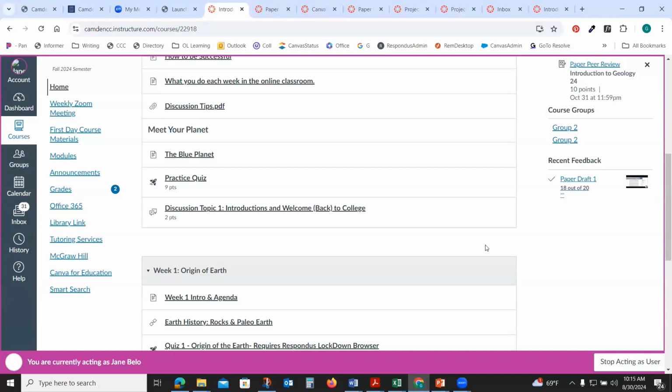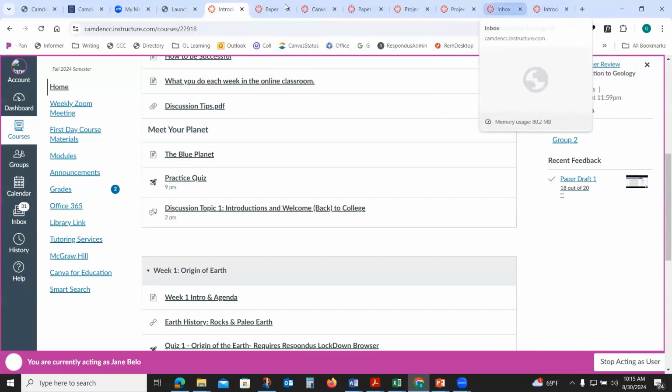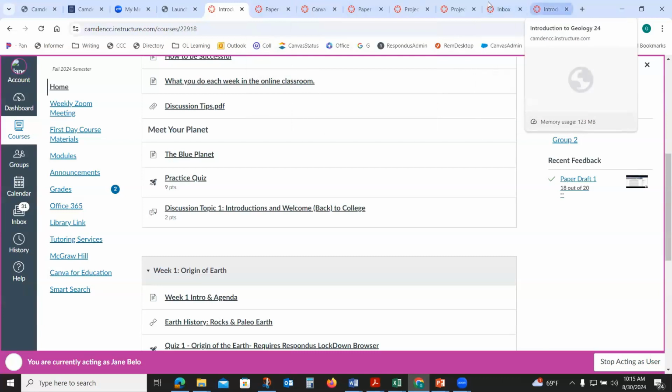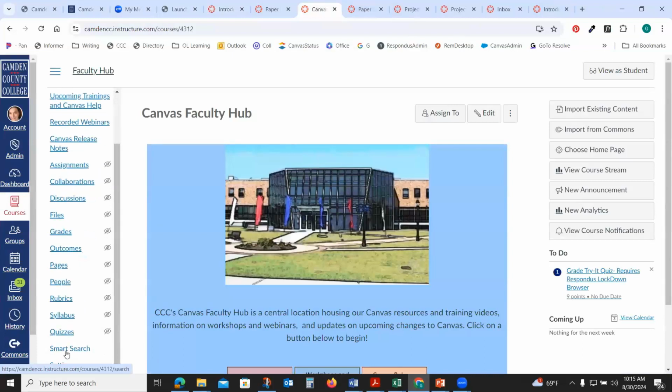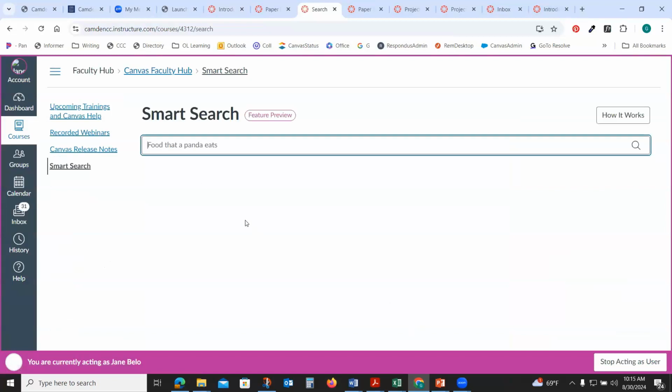All right, so the next thing that I want to show you here, and this did not work so well the last time, so hopefully it will work better this time. So there is now a smart search option in Canvas, and what this will allow you to do is to do a search for